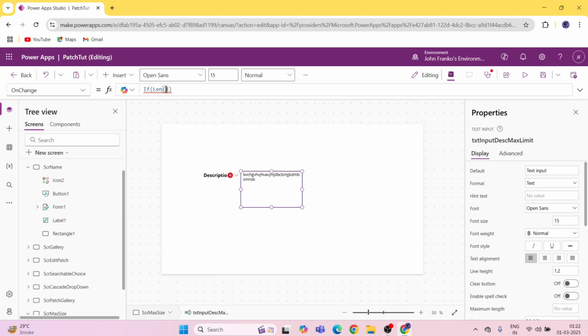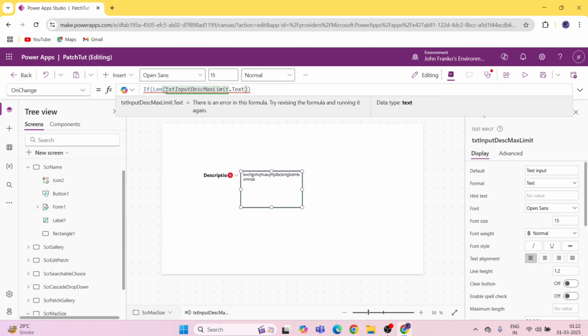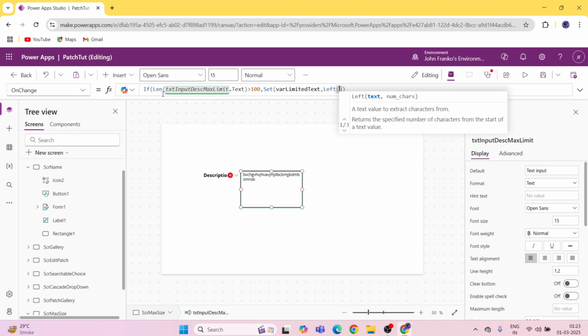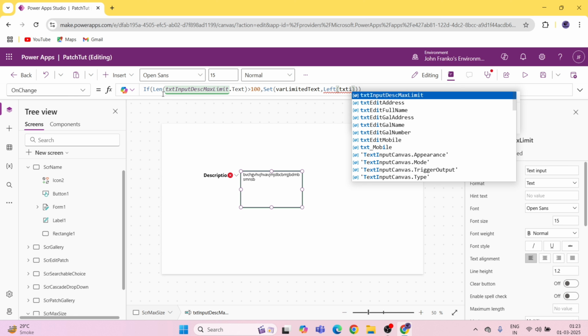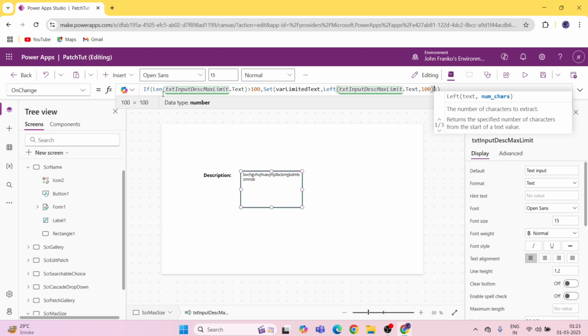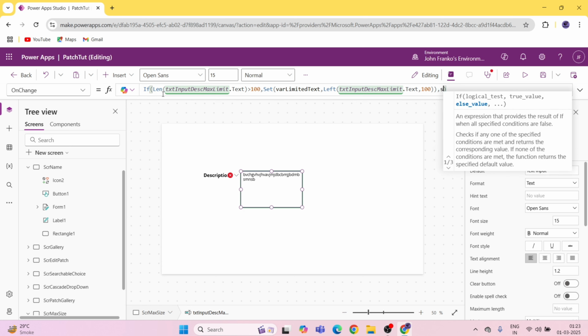Okay, now I will give it txtInputMaxLimit.Text. When I come outside this closing round bracket, when it is greater than 100, we will Set, open close, varLimitedText comma Left, txtInputMaxLimit.Text, comma 100, come outside this comma, these two closing brackets,